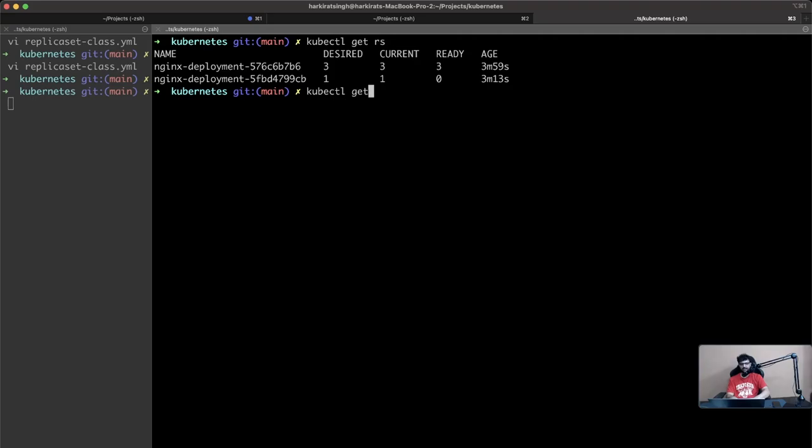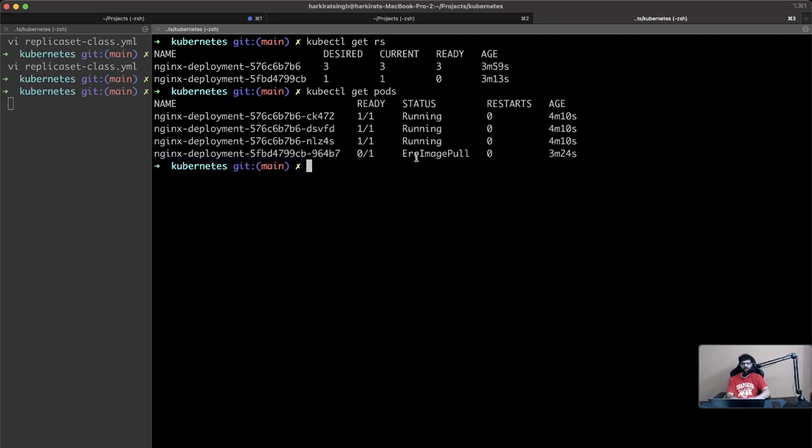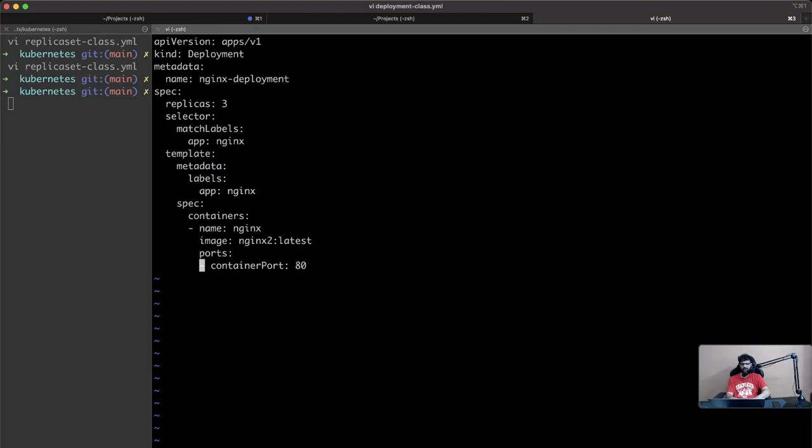I'm trying to see, the new one, as you can see it's now in error image pull. Image is not being pulled. It tried a few times. The nginx2 image doesn't exist. If I go to deployment.yaml, this nginx2 is not a valid image, and hence, it tried a few times, did not happen, and then